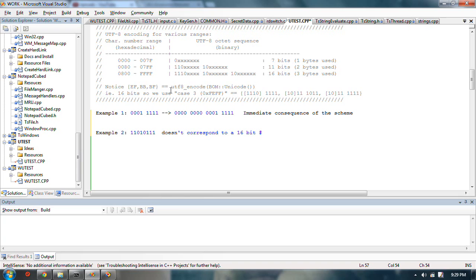Well, could it be possibly in this set? Well, if it were in this set, that would require 2 1s and a 0, right? So it couldn't be; that doesn't have that property, and neither do these ones. So therefore it must be in the second set, and so therefore there must be one more byte